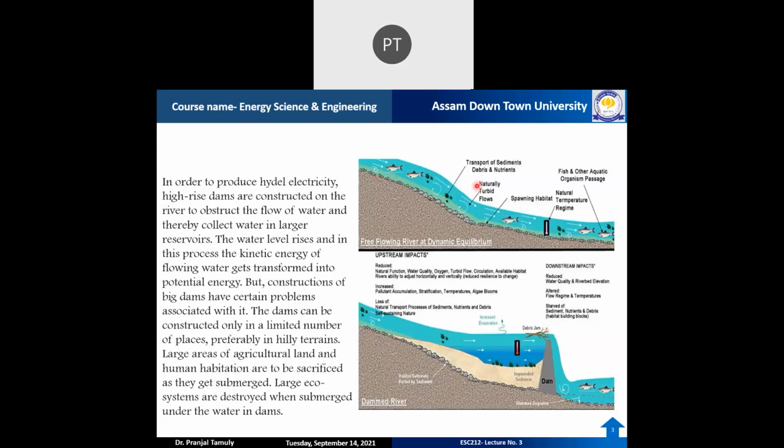This picture shows the natural phenomena that occur in a river where there is no dam. What work is done by this river? Transportation of debris. These debris don't get settled due to the turbulence. Vortices are formed inside the water. Due to this, the sediments that are transported don't settle at the bottom of the river. You can also see this river is a spawning ground for different fish and other aquatic animals. So after when we